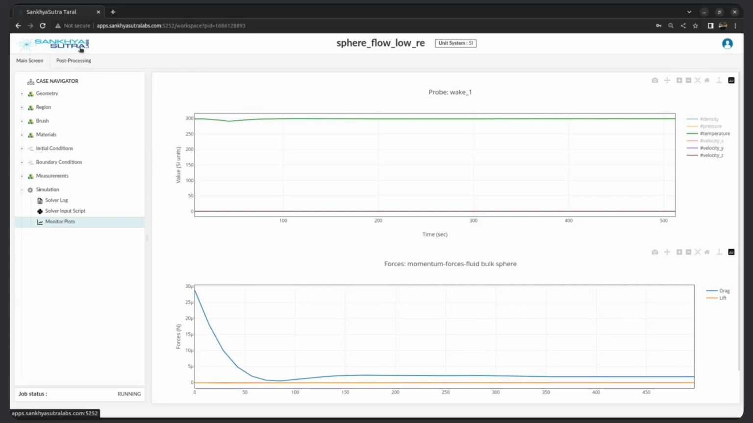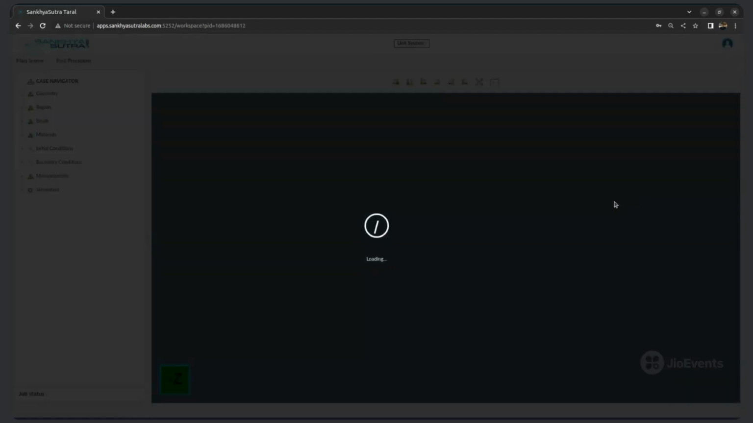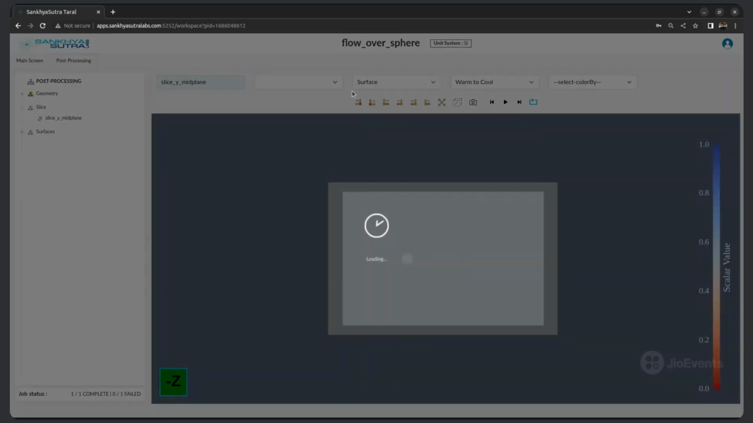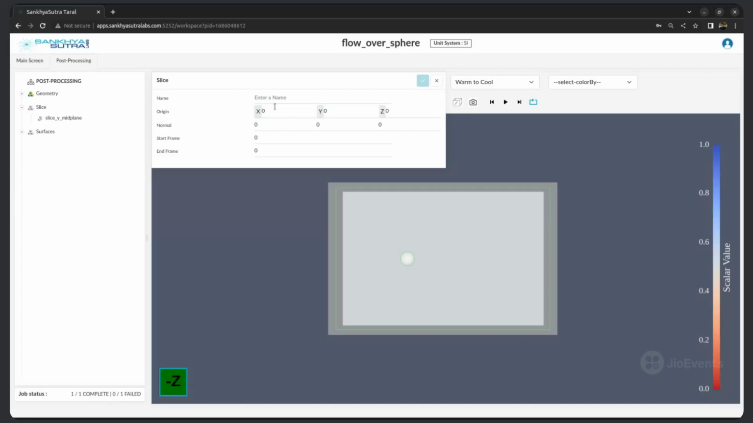So in the meantime, I'll just show you something that I've already set up, and I'll show you how we post-process our data. So this is the same case. You go to this post-processing window, and you can create something called a slice. This is to visualize your volume data. And the way to create a slice is you click on this plus button. Give your slice a name, tell the post-processing tool what your